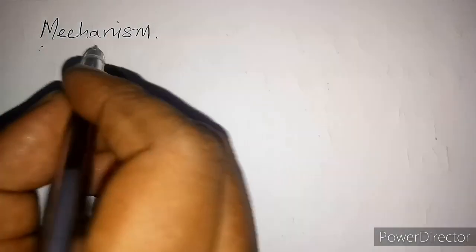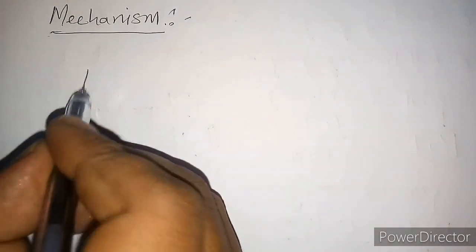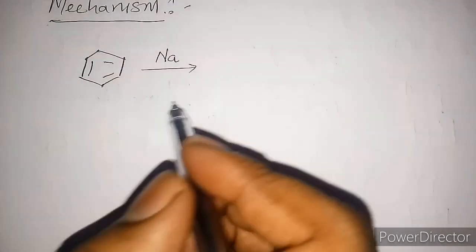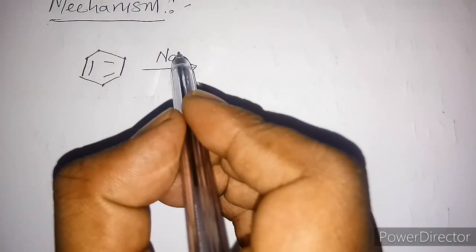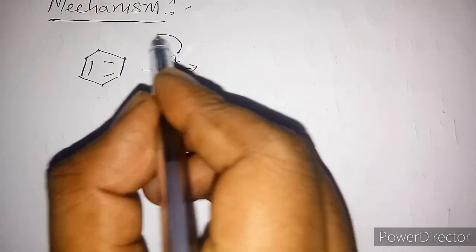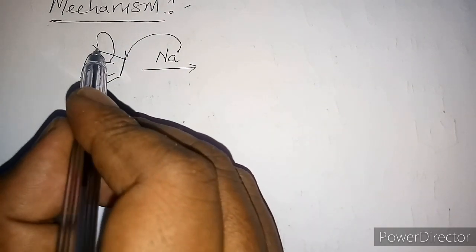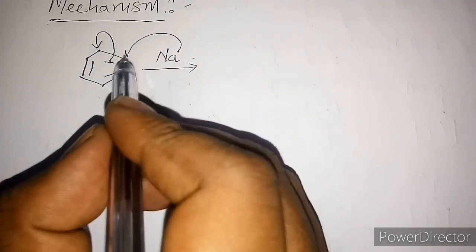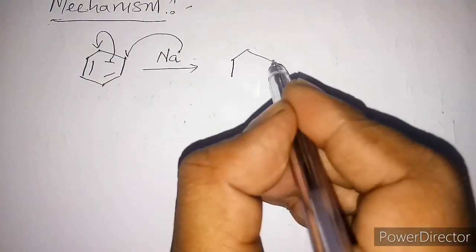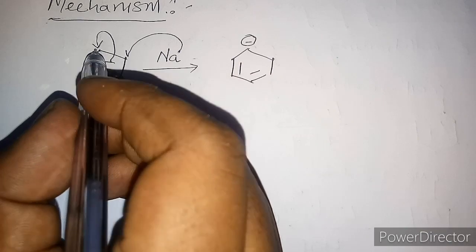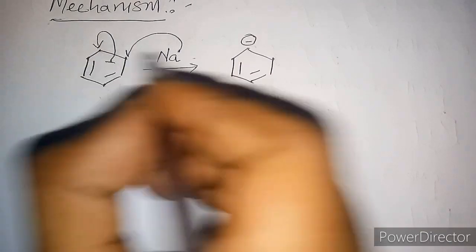Mechanism. If you take the benzene ring, now we have sodium metal in liquid ammonia. Now the sodium metal in liquid ammonia loses an electron, so this electron is donated to the benzene, one electron, and this pi electron, due to the repulsions, will be shifted here. Sodium transfers a single electron, so it generates a radical anion, so it accumulates 2 pi electrons. That's why it gets a negative charge here, and a radical.